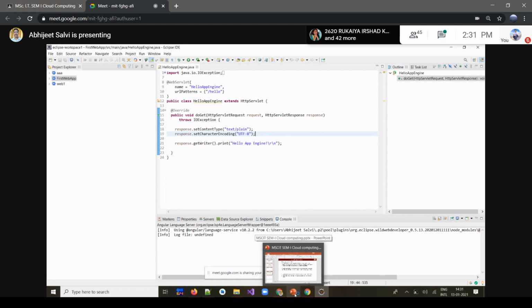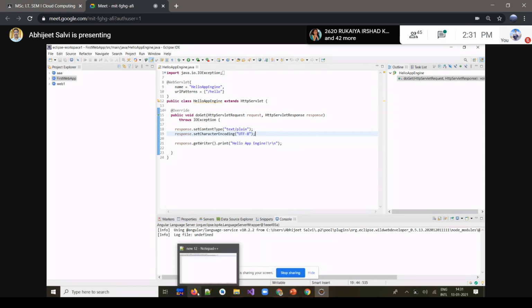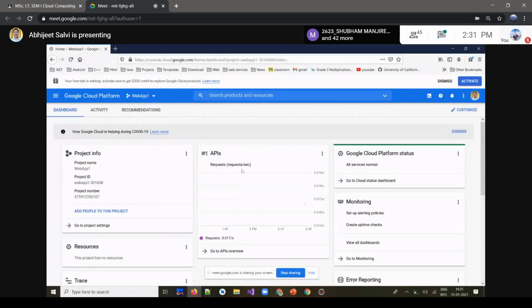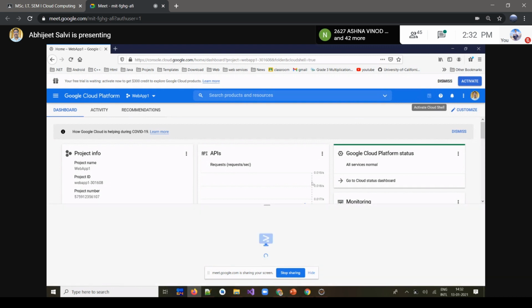Now, after doing this, we have to get back to the Google Cloud Platform dashboard. And now we have to create an application here with the help of Active Cloud Shell. So we have to click on one of the icons available in the right corner. Click on that, and we'll get the commands over there. Through Shell, you can specify the commands for the cloud platform.